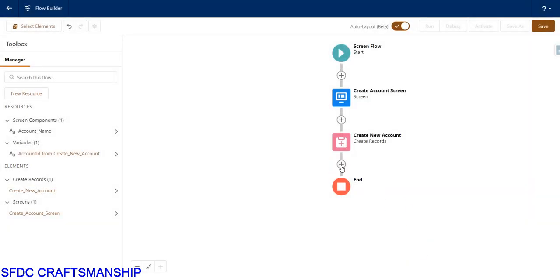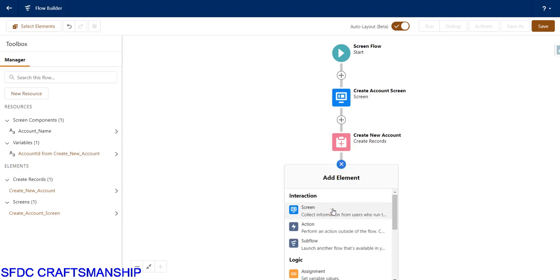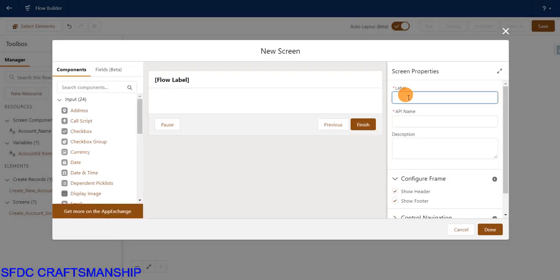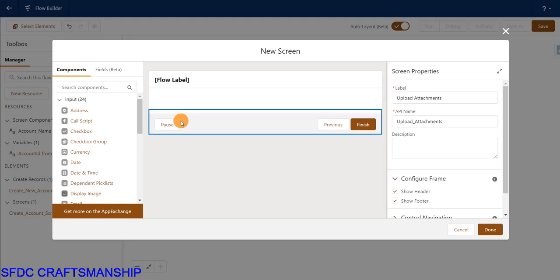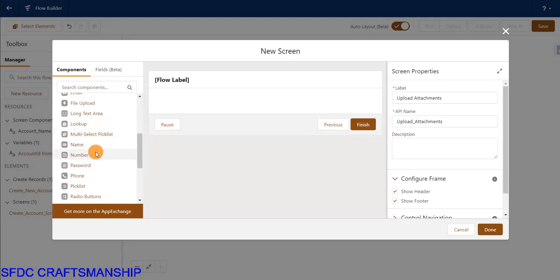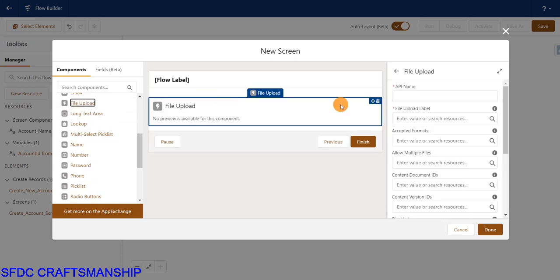Now once the account creation is successful, I'm going to add another screen. I'll name this upload attachments, where I'll allow the user to upload any attachment under that account. So for that I'm going to drag a file upload component from the left hand side into the screen. I'll name this file upload,